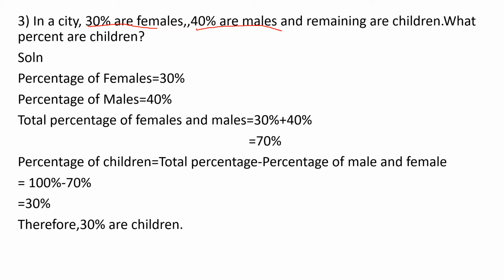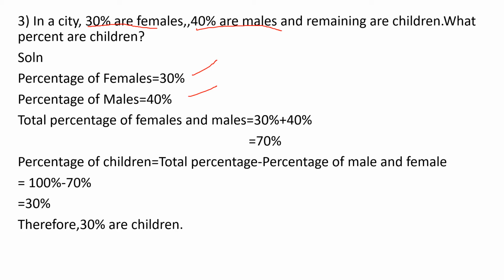Can you understand? So take Karingal city as your example, and in their population, 30 percentage are females and 40 percentage are males, and the remaining are children. So you want to find the remaining percentage of children. That is not given in the question, but they have mentioned the percentage of male and female. Now what do you want to find, children? You want to find the percentage of children. So just write it down on a rough paper. What is given in the question? 30 percentage females and 40 percentage males. Write it down in a short way.